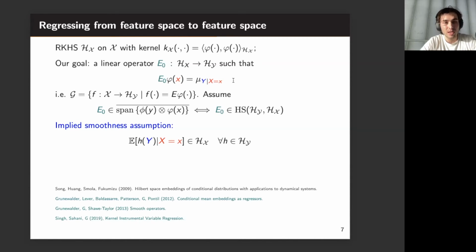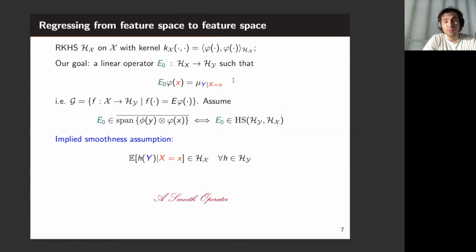That is always true in finite dimension, and in infinite dimension, those matrices or operators are called Hilbert-Schmidt operators. But this assumption is actually a smoothness assumption on the conditional distribution of Y given X and the used kernels, in the sense that for any function h in H_Y, the conditional expectation of h(Y) given X should be a smooth function of x. This is a sensible assumption, as we will learn the conditional mean embedding with limited data. So for values of x living outside our dataset, we want to interpolate, and this is easier if the variations are smooth. Finally, since we require smoothness, we call E_0 a smooth operator.